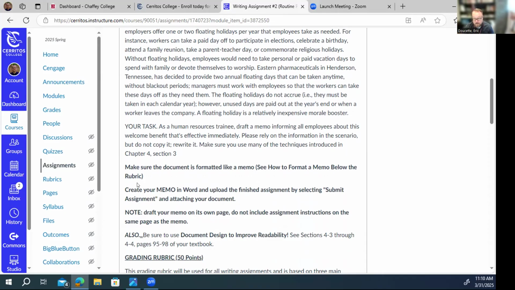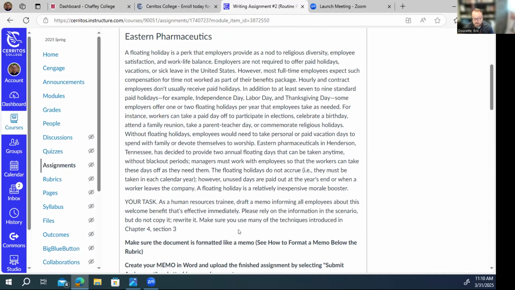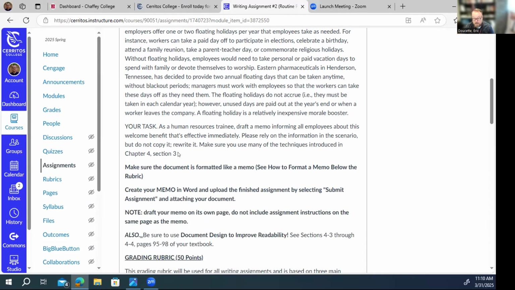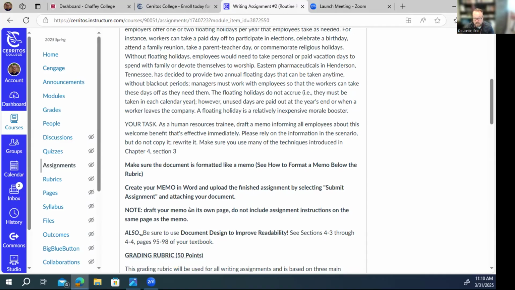Anyway, you want to make sure you lay it out as a memo, and your task is, as a human resources trainee, to draft a memo informing all employees about this welcomed benefit that's effective immediately. And so you're basically going to create a memo, and it should be a page or less, even less than a page. But here's some examples. Make sure that you